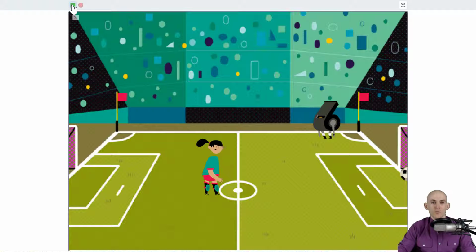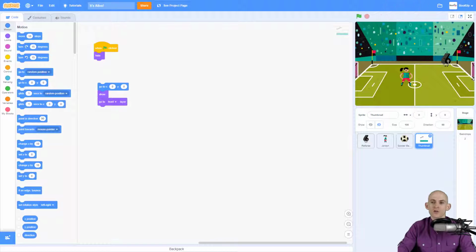So the challenge is, when I press a green flag, we have our sprite here, and she runs and she kicks a ball. She's watching it go in, she's jumping up and down. Hooray, hurrah, awesome. Now, the reason why this is a challenge is because if you actually go into Scratch and